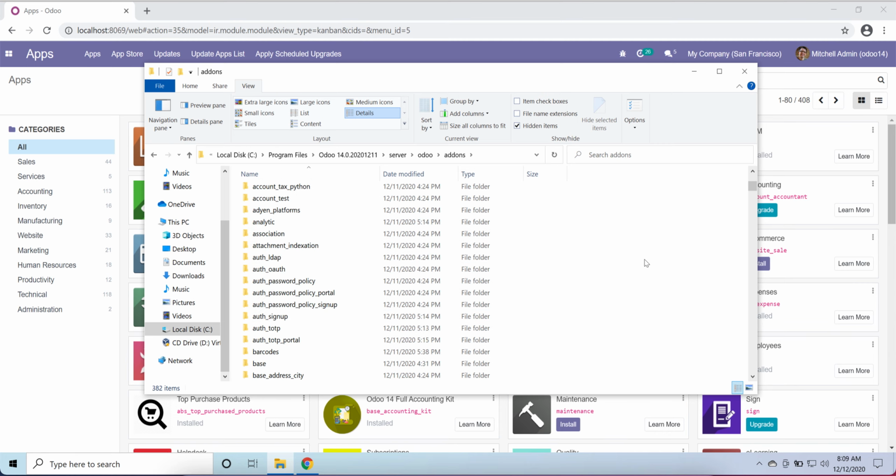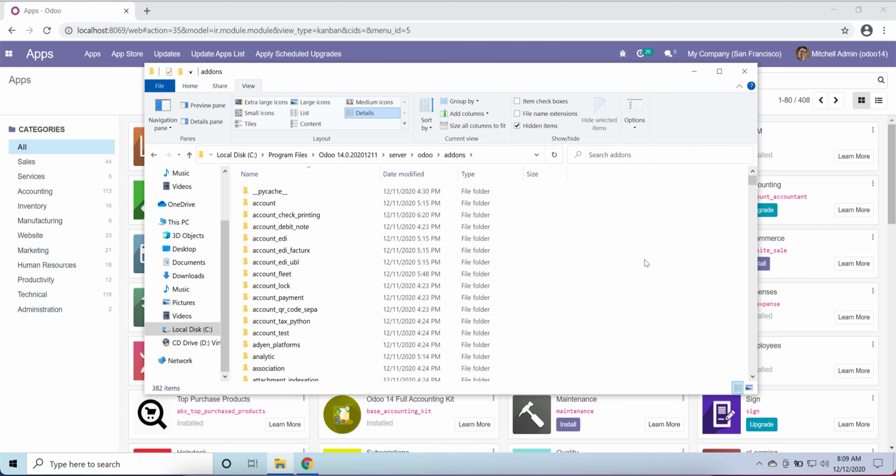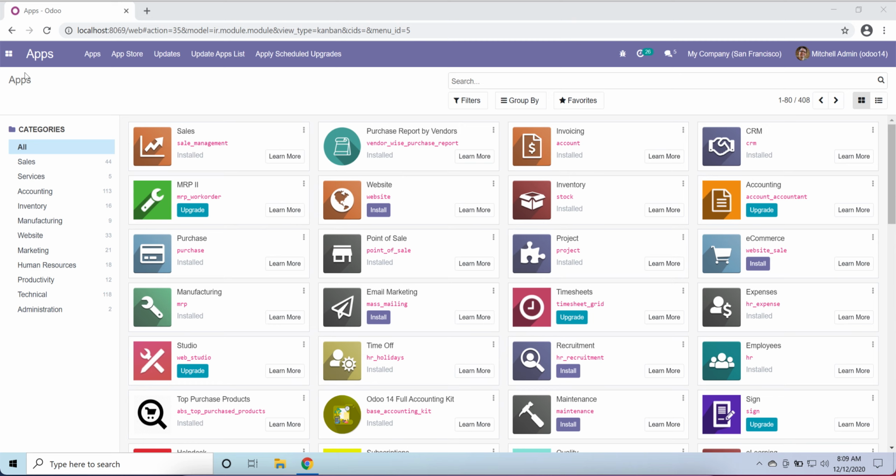If you place the same modules here, or if you put third-party modules, it will also run, but for best practice you have to run your modules separately in another add-ons directory, because in future if you get any error or any problem, you can easily figure out which module you use, or which third-party modules are creating some problems or errors. So in this part,